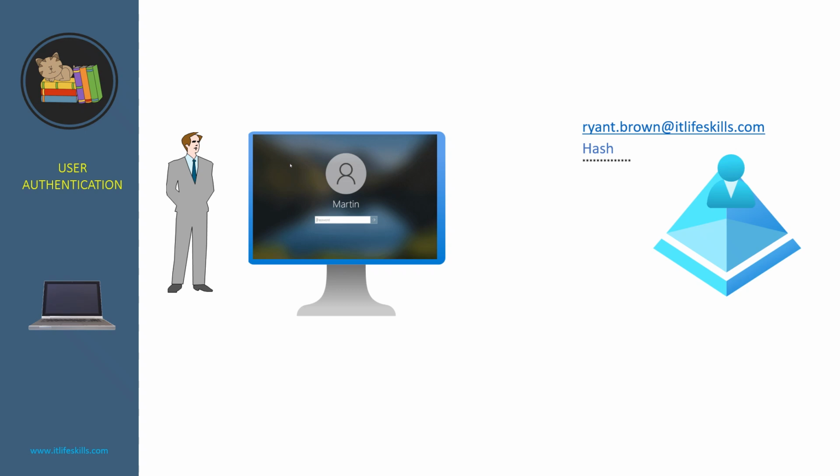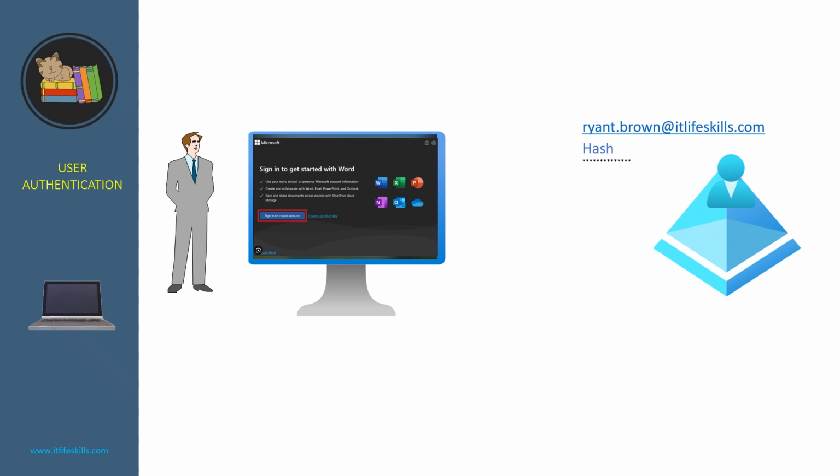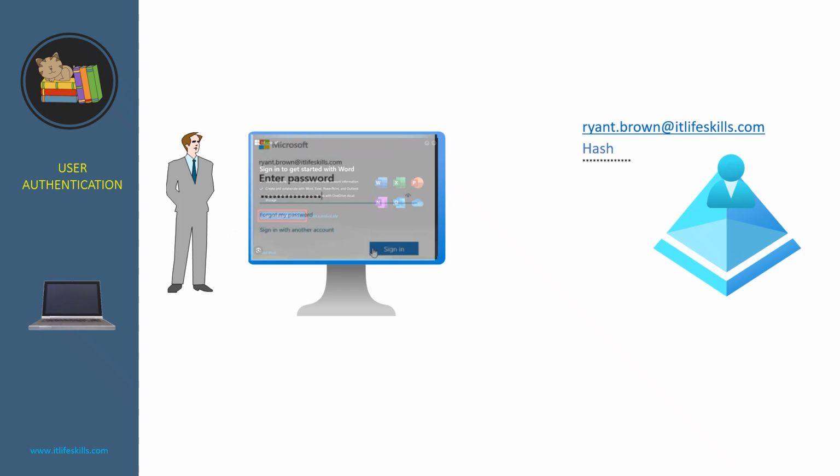All he needs to do is type in the password to log in. Now he wants to use Office 365 provided by IT Life Skills, so he needs to sign in to get started. It will prompt him to enter the username and the password of his account in Entra ID of IT